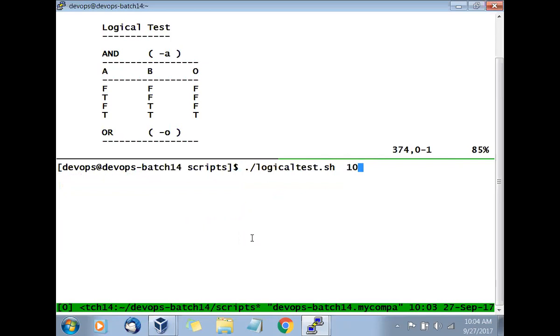But suppose somebody has given this mark, what will happen? Let's go and see that. Because it is greater than, simple, right? But is this logically correct? No, we should have marks between 1 to 100.